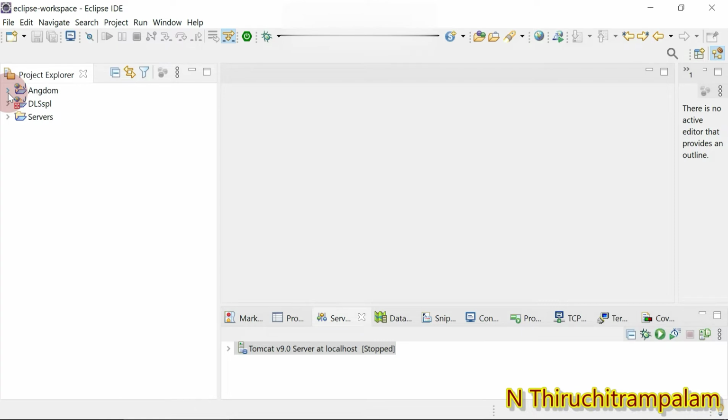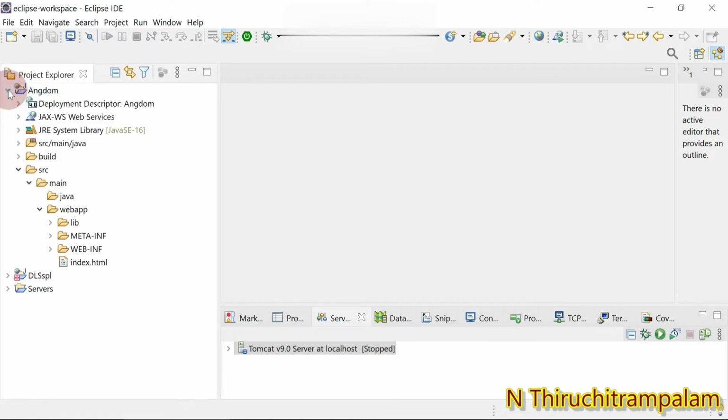So already I have created the AngularJS application named ang-DOM. Just to save time, I have done this. You can see I place the cursor over the AngularJS application name ang-DOM. Here you can see the web app folder.